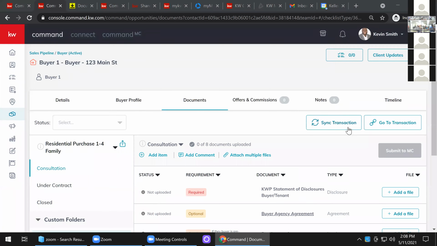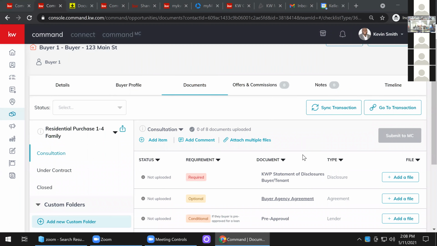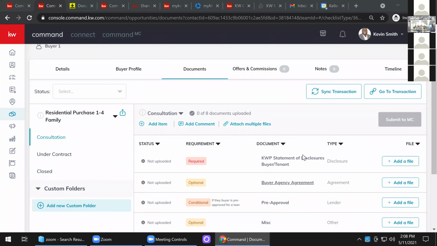And again, on the back end, what the Market Center has done is we have gone in and we have checked off all the required documents you need throughout the sales pipeline. So in this case,